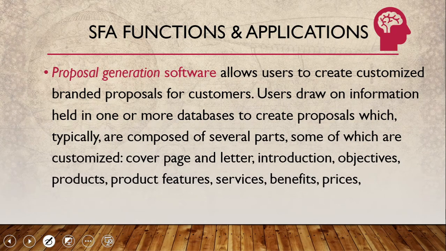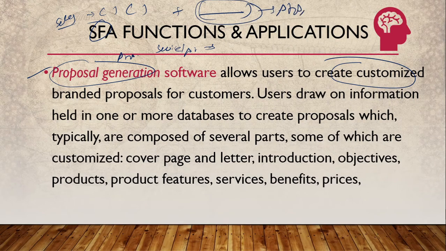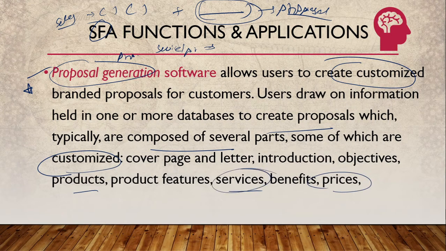Another thing that sales representatives might need is, when a customer comes in contact, they should be in a position to generate a proposal based on the service or product they need. Sometimes they need customized solutions. So the sales team should be able to automate some of the inputs so that the invoice or the final proposal is generated automatically. This is also one of the features that sales representatives might need, and it can be included in SFA solutions. Proposals are composed of several parts, some of which cannot be customized, like product and prices, as I have just said.